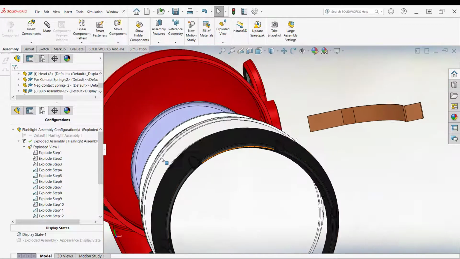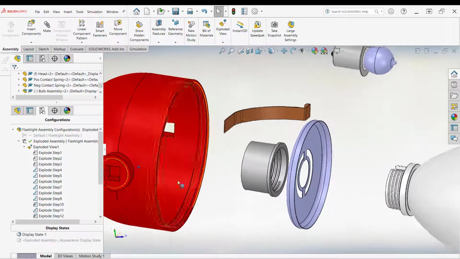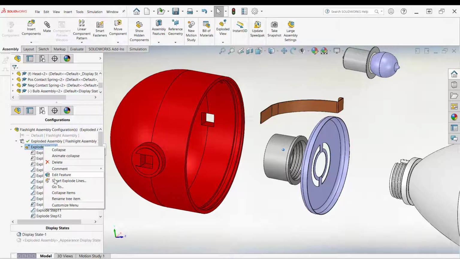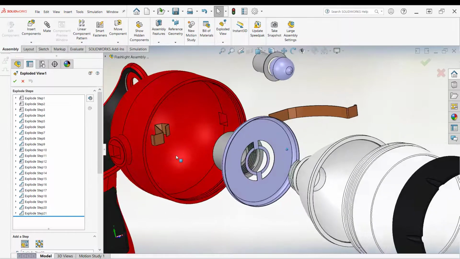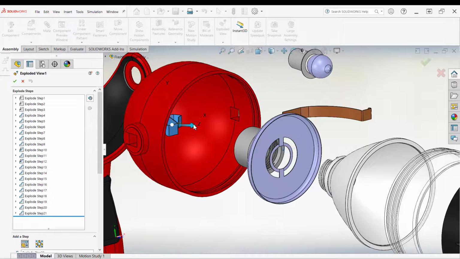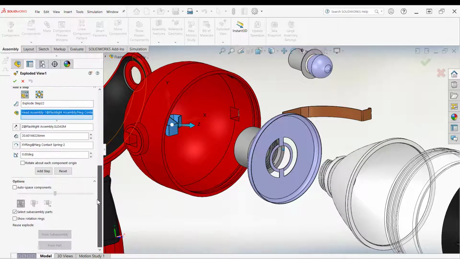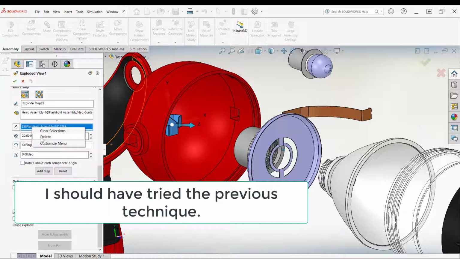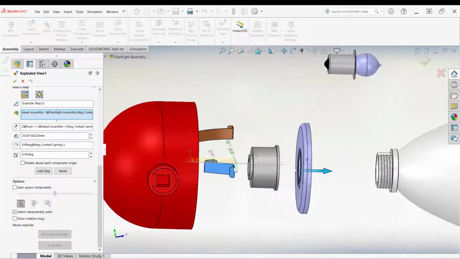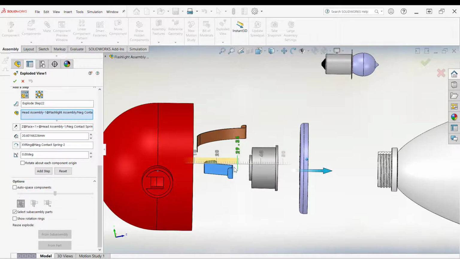Alright, so now let's move towards the inside. Now I need to move it out. And so I'll right click, I'll do edit feature, I'll select on this again. I'm going to select this coordinate axis, clear the direction down here, select that face. Now it's perpendicular to that face. I'll move this out. Again, I'm going to move around with my space navigator, make sure I'm beyond the edge of